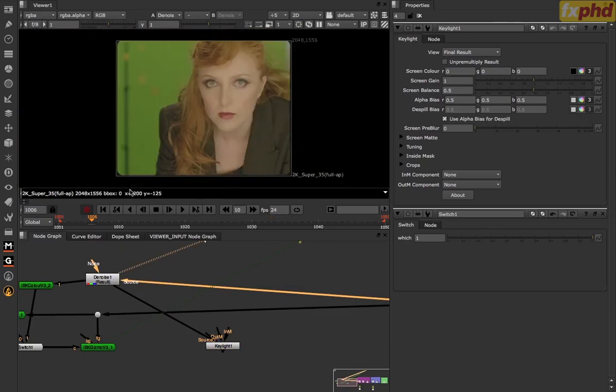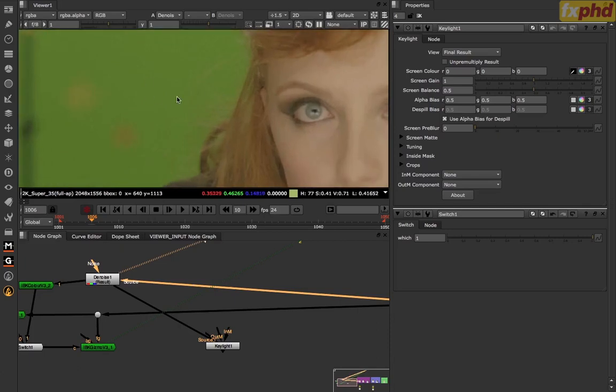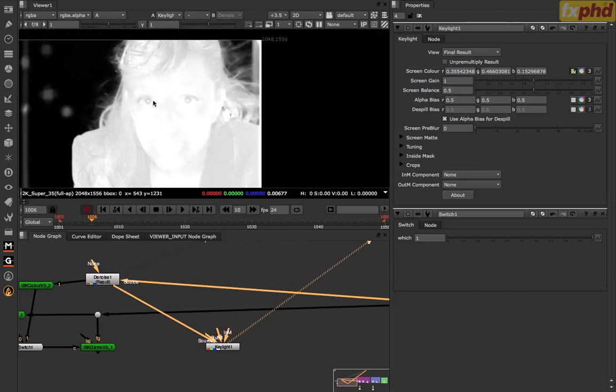So for Keylight, the approach that we use for this is that you can take the eyedropper and put it on the color swatch, and then to actually sample the backing color, hold Shift and Control to sample, and then Option to freeze the buffers, so this way it won't constantly update. So when you do this and you click in this area, it gives us this result. And you can see right away that we are now